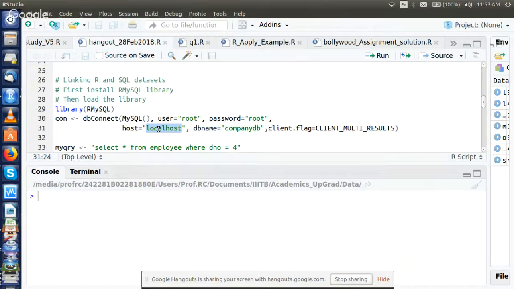Then you can go to Amazon Web Services and figure out the IP address associated with the MySQL database server that you're using. You should put that number here. The DB name is nothing but the name of the database. I'm going to use this simple illustrative example database called company DB, and